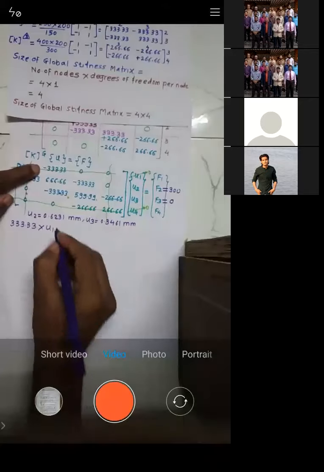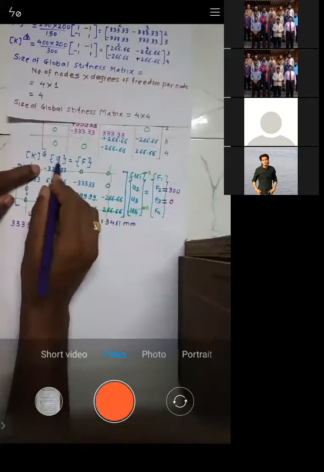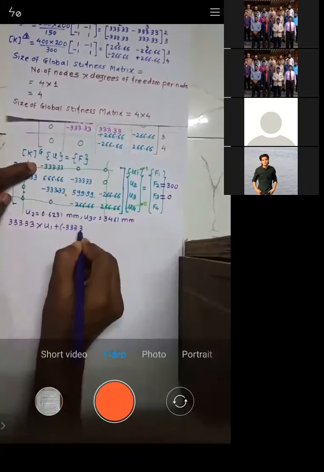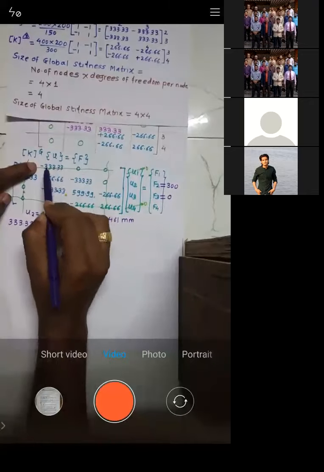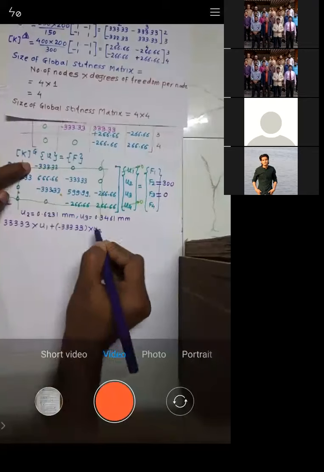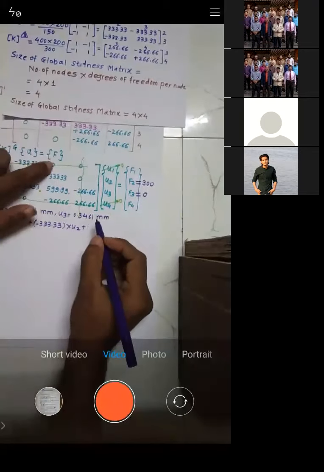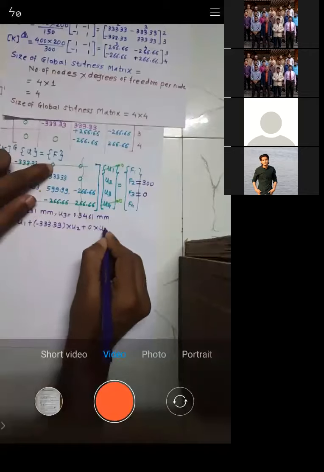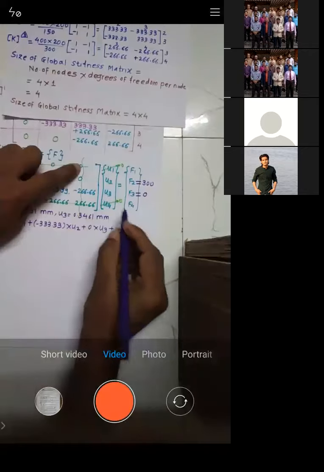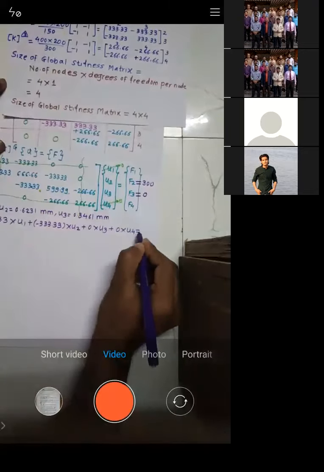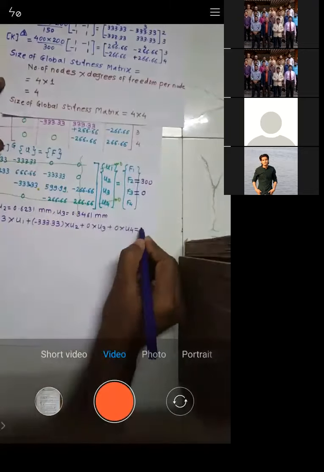Then plus I have this term, that is minus 333.33 into U2, plus 0 into U3, plus 0 into U4, is equal to F1.